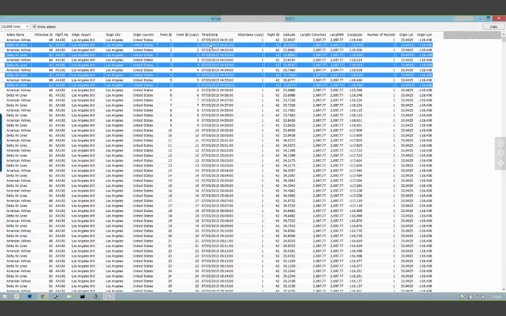Okay, so the departure time for the flight was 0451, which was the minimum timestamp for that flight ID. That's very helpful. Thank you.